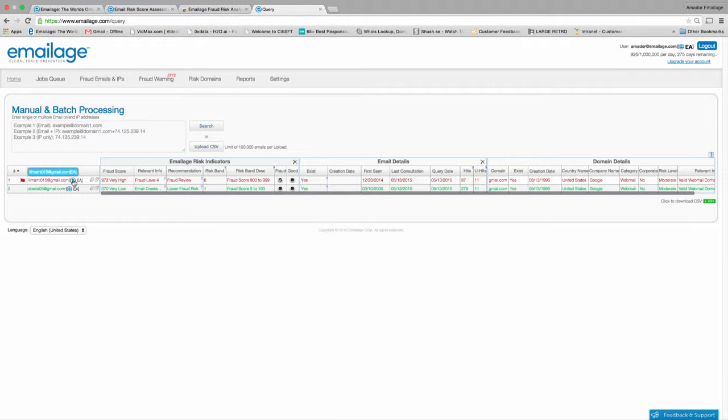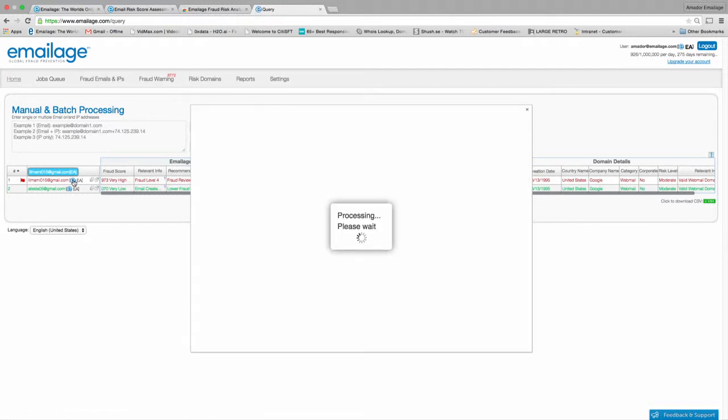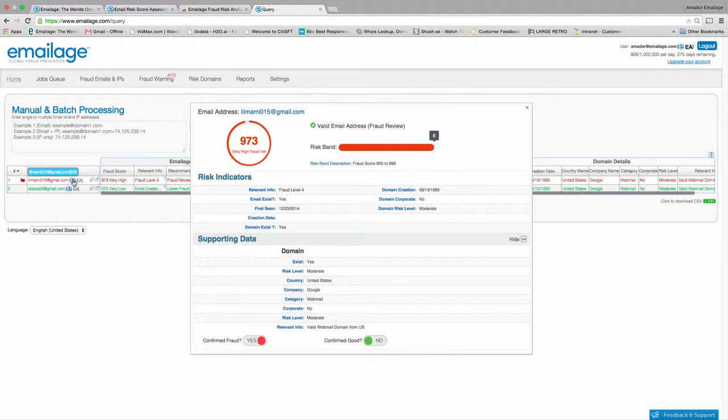This is installation free. It's already part of the browser. They will see the icon, and when they click on it, they'll get this information. They'll pretty much get that instant risk assessment for that email. In this case, as they are doing the analysis, they will see, hey, this email has a very high score of 973. The higher the score goes, the higher the likelihood of being a bad individual associated with fraud. We also know this email has been associated with multiple fraud events. And yes, it is a valid email, but we have seen bad activity since 2014.